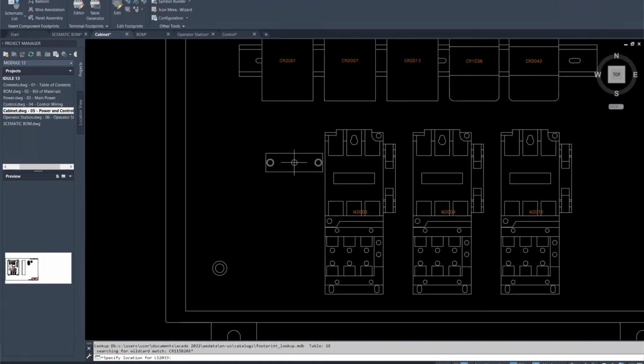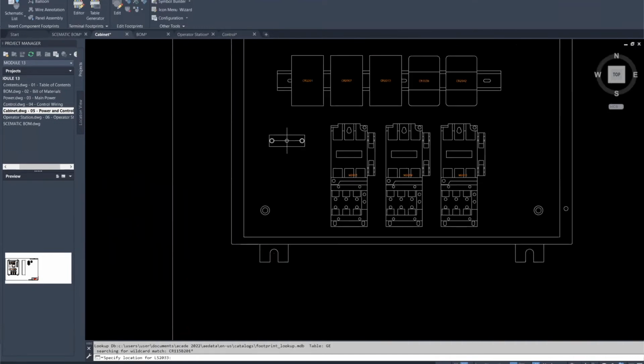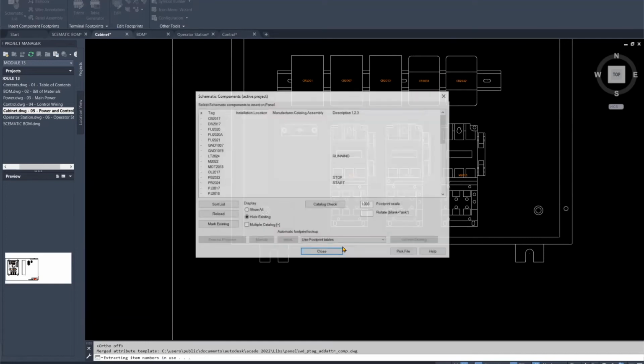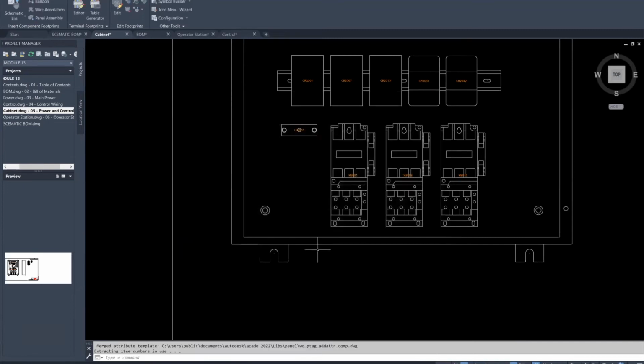So right now here's a limit switch that's in my schematic. I can add that to my panel now. When I add that, it's a GE switch there. It adds the description. I put it in my schematic, and now that shows that component as entered into my panel. And the third way of putting things into your panel is